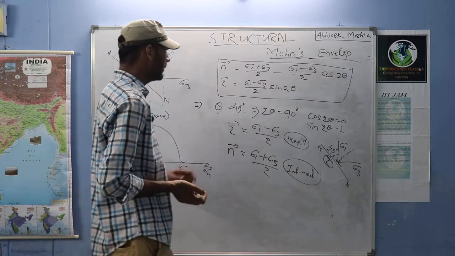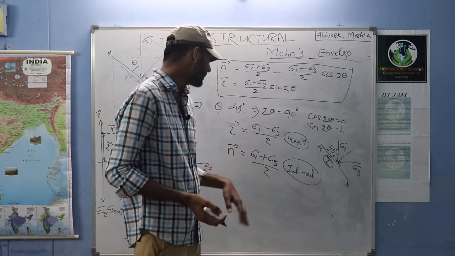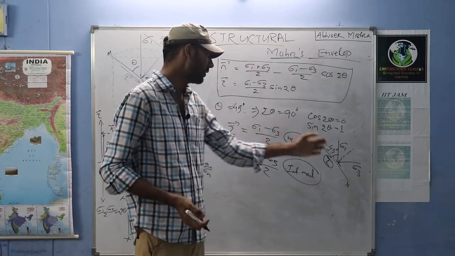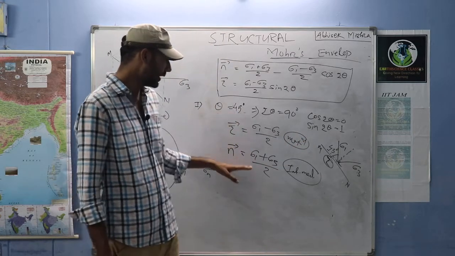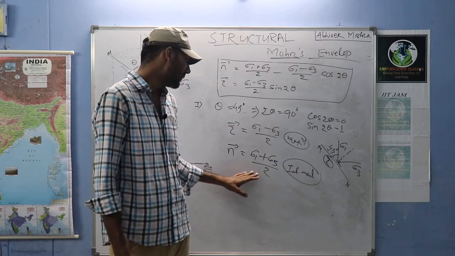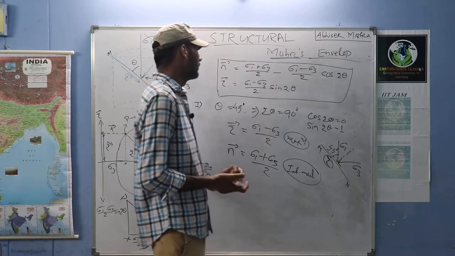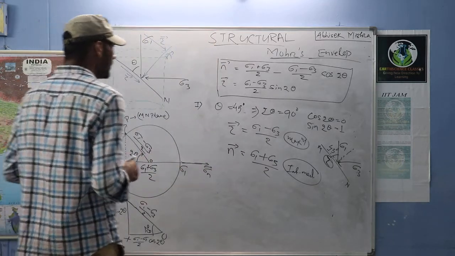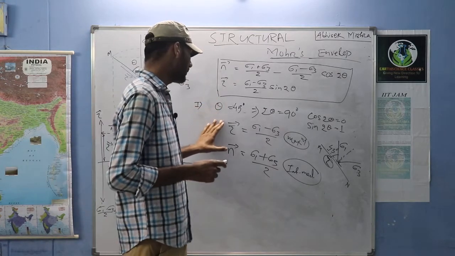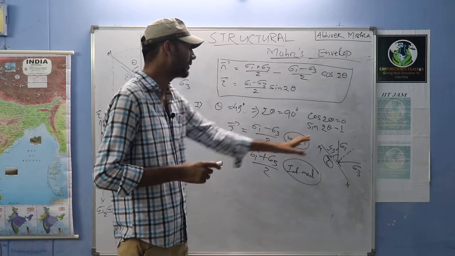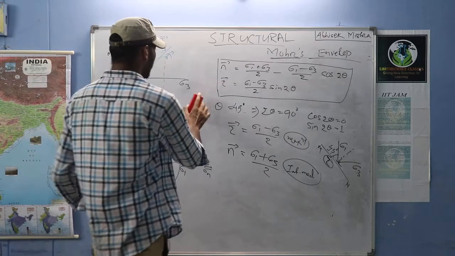I have told you, whenever theta is equal to 0 degrees, sigma 3 will be the normal stress, that is minimum. When theta is equal to 90 degrees, sigma 1 will be the normal stress, that is maximum. In between, at 45 degrees, it will have some intermediate value, the average of sigma 1 and sigma 3, (sigma 1 plus sigma 3) by 2, right? So these are all the conditions for when theta changes, what happens to the shear stress or normal stress acting on that plane. Okay, next we will move to Mohr envelope.